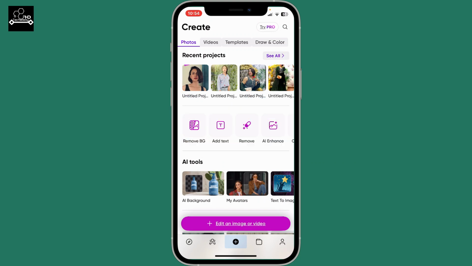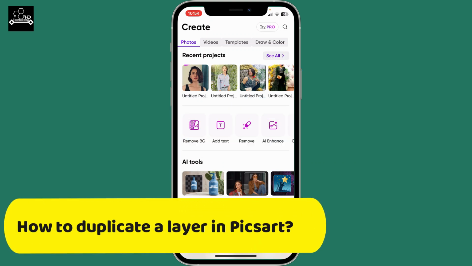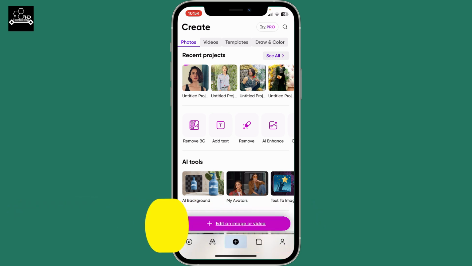Today in this video I'm going to show you how to duplicate a layer in Picsart. Duplicating layers in Picsart allows you to create multiple versions of an image, enabling various effects like shadows, reflections, or blending. First of all, launch the Picsart application on your device and tap on the plus button at the bottom